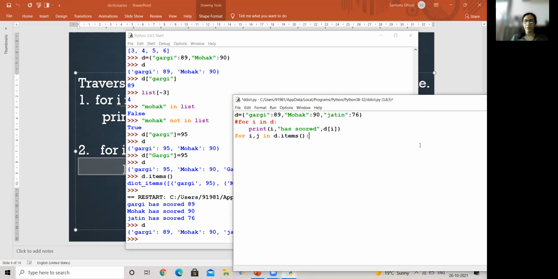The items method of the dictionary will give, as the first step, i as Gargi and j as 89. Second iteration, i will be Mohawk, j will be 90. Okay, like that. So here maybe I do the same thing as of now initially.